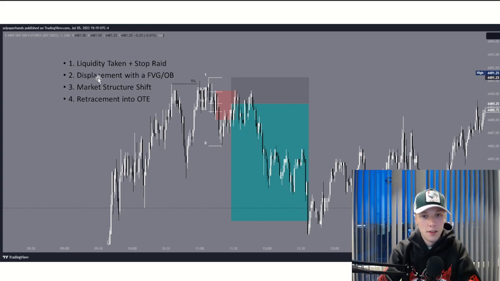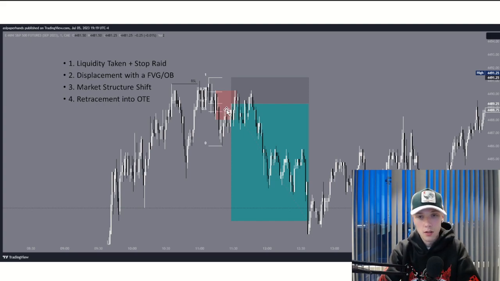It's that easy. Next up, we have displacement. As soon as this stop raid gets created, we just push straight back down, all the way down. As you can see here, we actually enter a bullish order block, so you might be a little bit scared of this, but we're not, because we know exactly what the market's going to do. And it's 11 a.m., so we know the market is going to continue down. Again, time over price. I've taught this before. So displacement with a fair value gap or an order block. It displaces down, and then we have this order block right here, this fair value gap plus an order block. Once it displaces down, it has a fair value gap and an order block created.